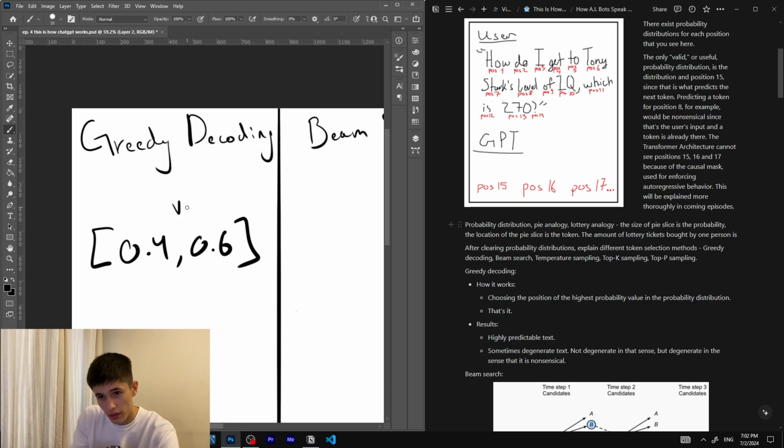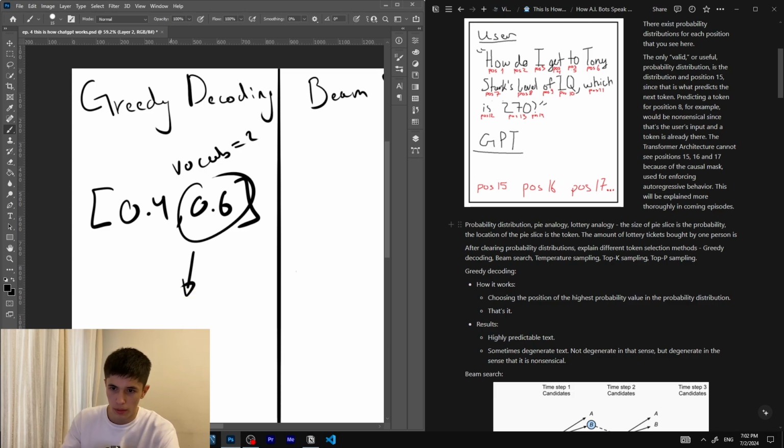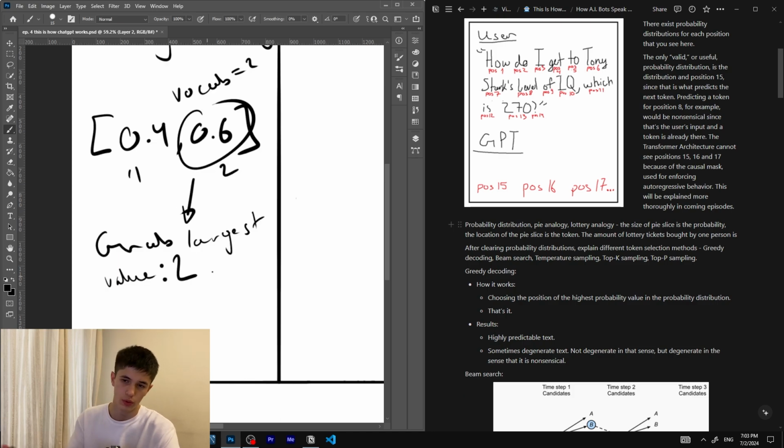Let me just do that. Vocab equals 2. So it just grabs that one, grabs the biggest one, and then 2. You just get your token 2. It's very simple. So essentially the result of this, by just grabbing out the highest probability token, is that it